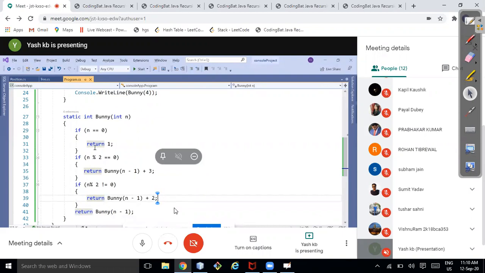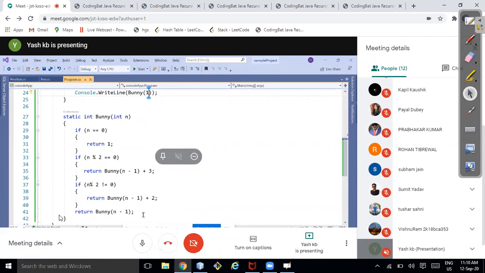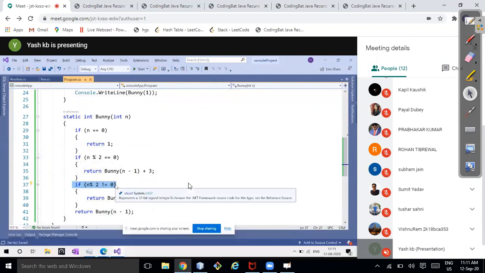The last line of the code, line number 41. If it is 1, it will be 0 and it will return 1. For one condition, if it is 1, then this will be considered by line number 37, right? Okay. Yes.